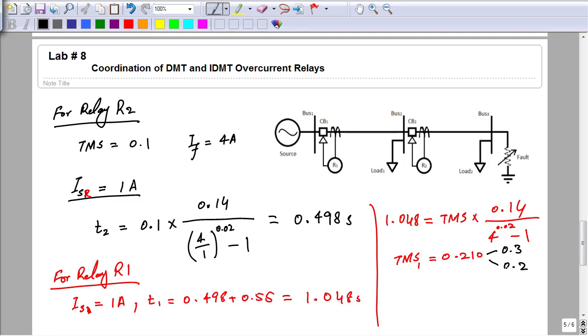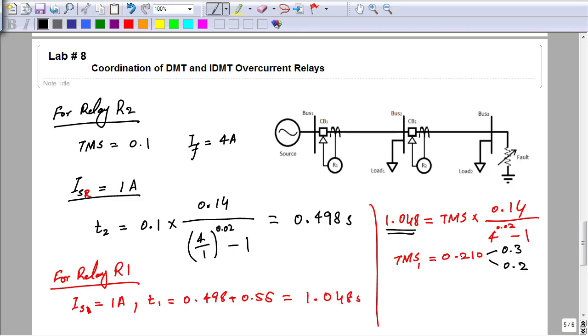Obviously 0.2 is closer to this value 0.21 as compared to 0.3, but as we round it off either downward or upward, the relay would not give us exactly this operating time. This time would increase or decrease.